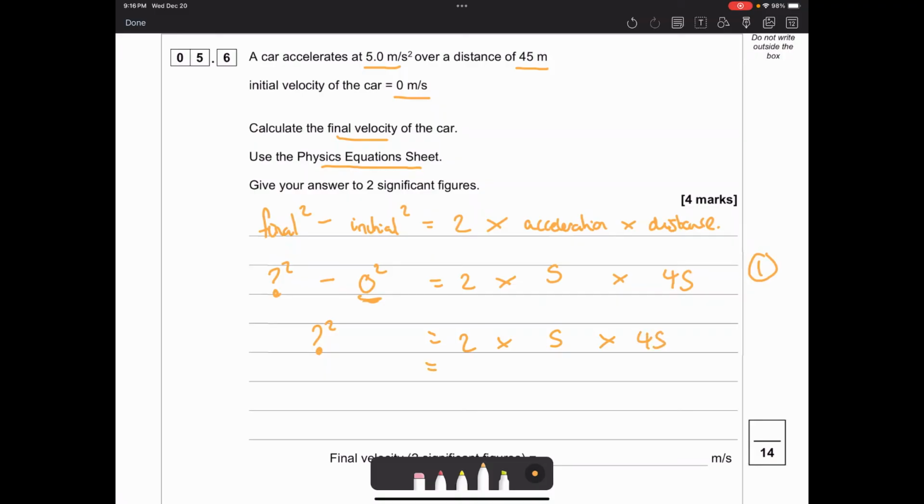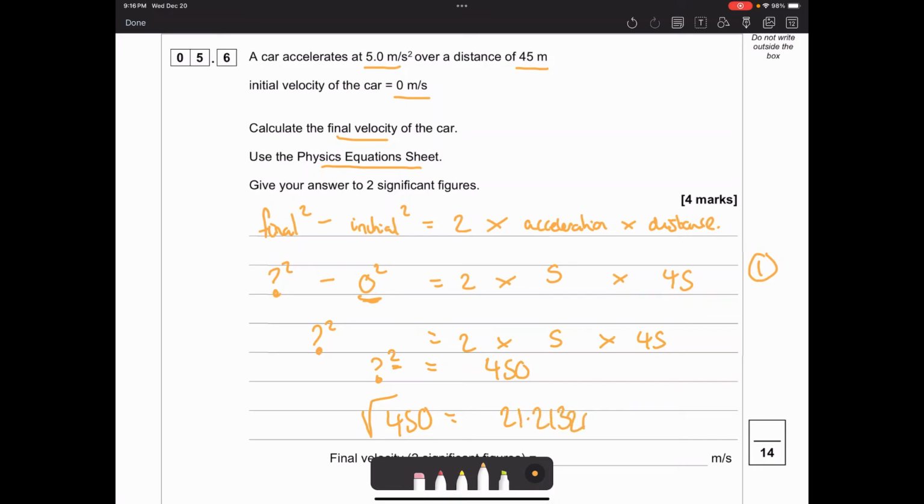Now, if you do that, this side of the equation gives you 450. So your final velocity squared is 450. Well, we don't want final velocity squared, we just want final velocity, so the opposite of squaring, square root. If you square root 450, that gives you